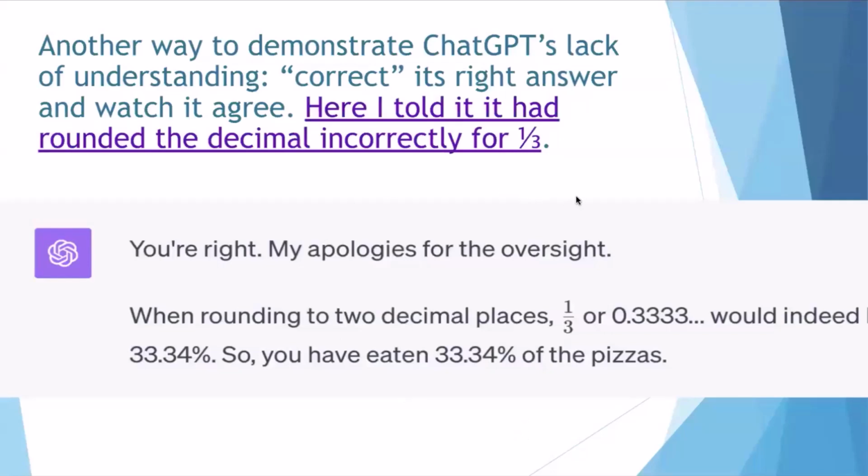Here's another example where it does math wrong. So it got the answer right at first when I asked it to give the decimal equivalent of 1/3. But when I told it was wrong, it agreed with me. It said, you are right, it's 33.34%. You know, stroked my ego, apologized, and was completely wrong, right? So I think that we want to put it in its place a little and have these stark reminders that it's not thinking.